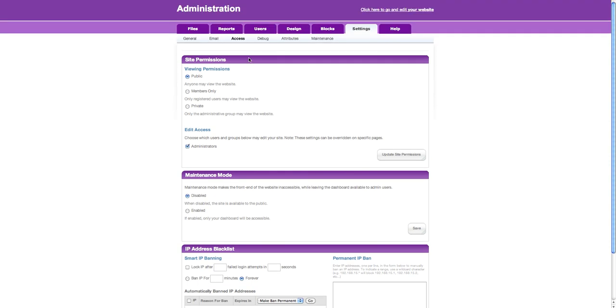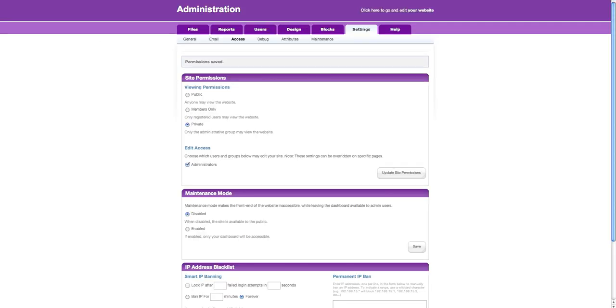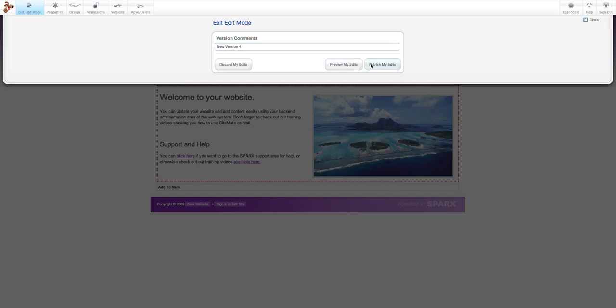Now this is quite an important place, because if you're updating your website and you don't want anyone to see it except the administrator users, I'll show you how it works. Just left hand click on the private and it means that only the administrative group can see it. Update the site permissions, and now at the moment you can see that I can still go along and